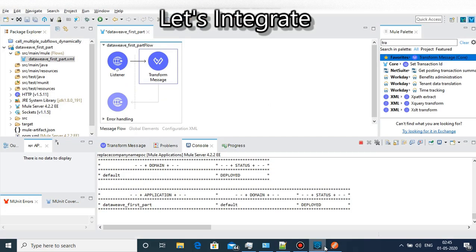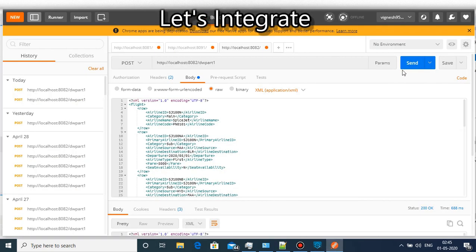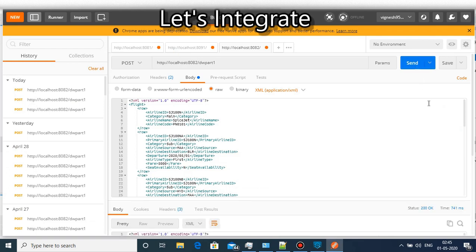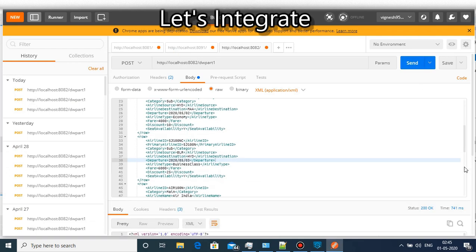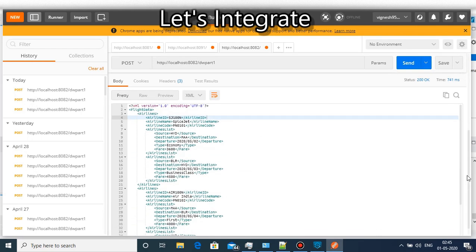So let me check. Yeah, the application is deployed. Now I will hit the service. Yeah, here you can see.